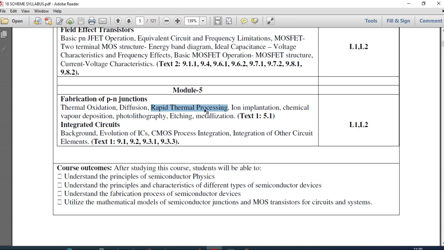That is what we are going to discuss, and then we will move on to photolithography, and then we are going to discuss etching. These are the three concepts we are going to discuss today, which are very small topics. I am only going to explain the concept. Okay, the theory is already given in the notes. So now I will start.